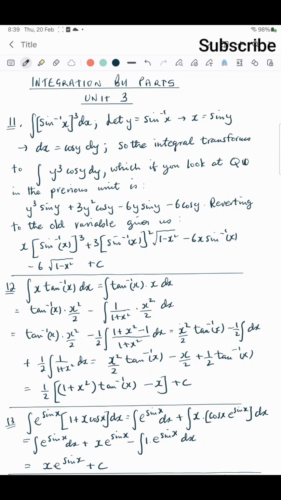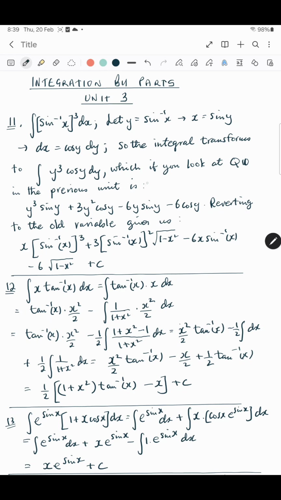We come to our third and last unit of integration by parts, which will include 5 examples numbered from 11 up to 15. The first of these, number 11, is the integral of (sine inverse x) all cubed dx. For this we use a substitution, y equals sine inverse x, which means that x is sine y, and dx is cos y dy, and so the integral transforms to y cubed cos y dy,